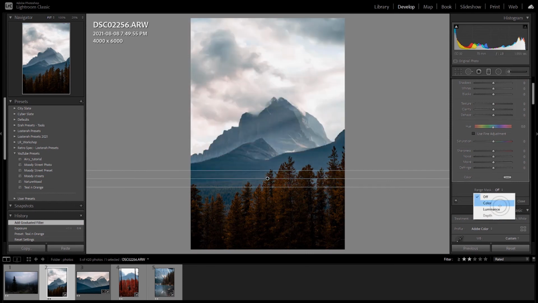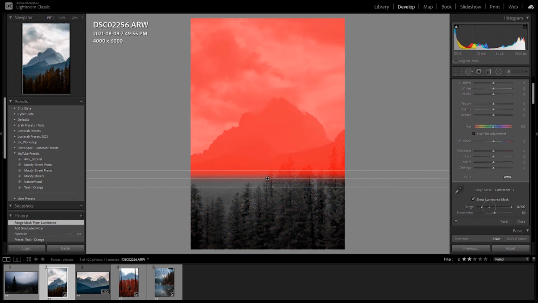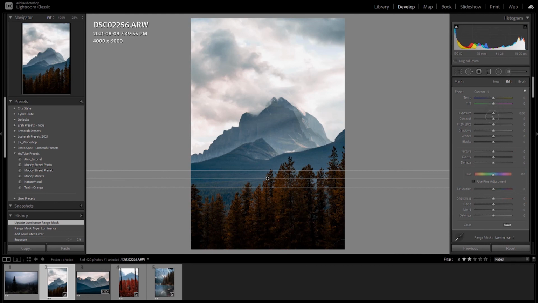We're going to go to range mask, luminance, show luminance mask, drag this over. So we want to clip out the blacks. About there, looks good. Uncheck that. And then we're just going to lower the exposure on that. And it's only going to be affecting essentially what was red inside that mask. Now what luminance mask is doing is it's using the actual highlights and shadows of your image